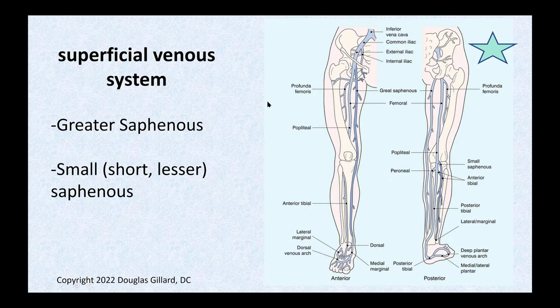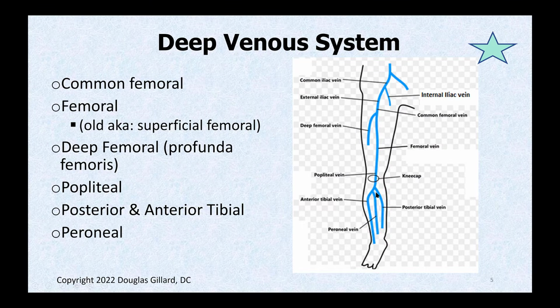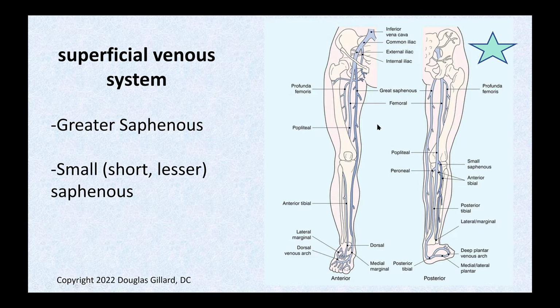And the superficial system, remember the key about this: 85% of all the blood in your lower extremity gets out of the lower extremity and into the inferior vena cava through the deep system. In the superficial system, only 15% of the blood leaves. Most of the blood, especially in the lower part of the lower extremity, is dumped into the deep system. The superficial system is made up of the great saphenous vein, which goes down more in the medial part of the leg, and the small saphenous vein that goes more in the lateral part of the leg. And there's a bunch of tributaries. We won't worry about it.